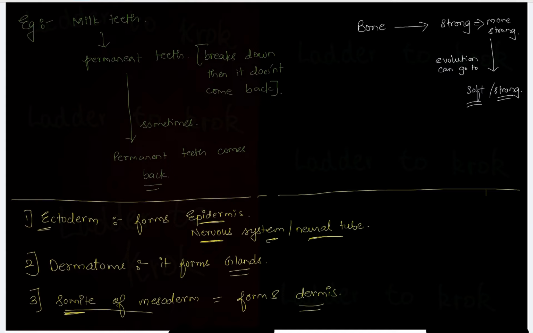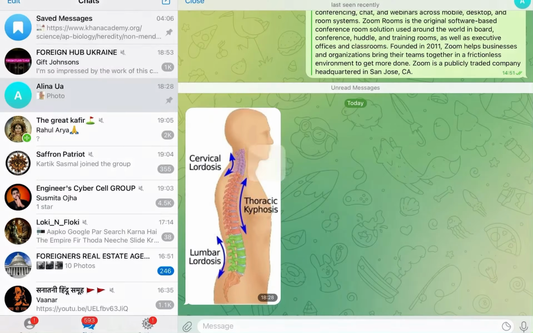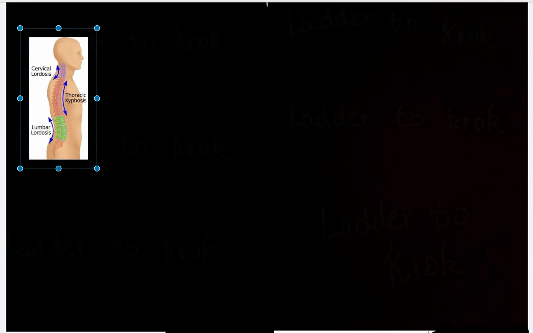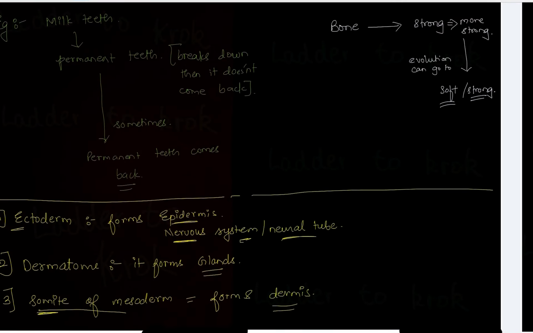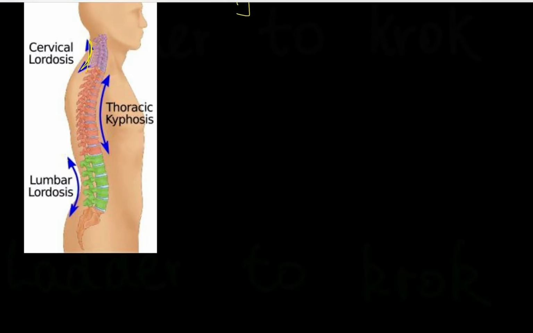Now let's do one more topic which is related to medical biology. They ask that if we are walking vertically, then how many lordosis and kyphosis we have. So we naturally have two lordosis. You can see in this picture we have two lordosis, that is cervical lordosis and lumbar lordosis, and one kyphosis. But according to